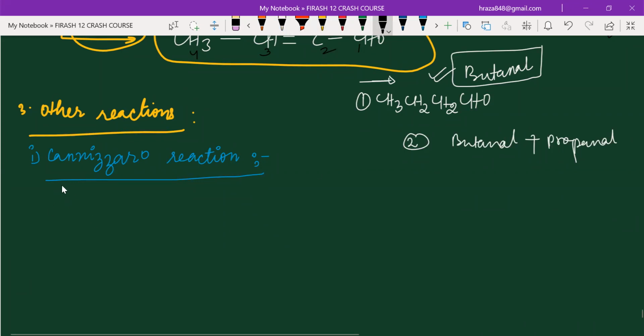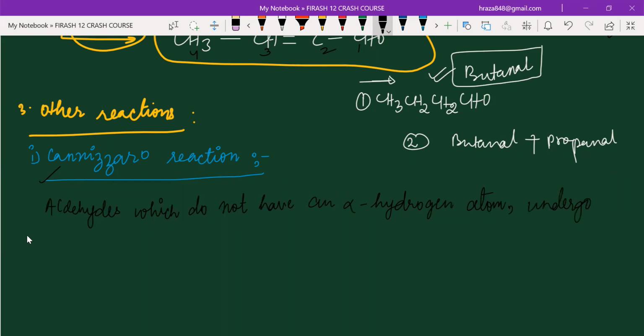Now see, the Cannizzaro reaction basically takes place where no alpha hydrogen is present. So I'm going to write a point about this. Please do write with me. Aldehydes which do not have an alpha hydrogen atom undergo self-oxidation and reduction with